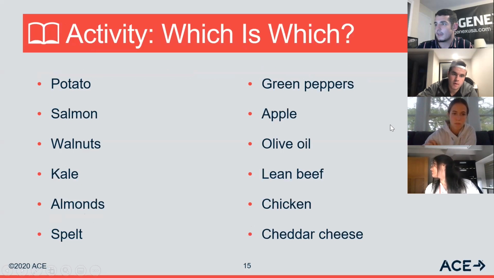Salmon. What do we want to call that? And you guys can just shout these out, and I don't care if they're one of the categories that was on the last page. Protein. Yeah, absolutely. Walnuts. Oil. Lipid. The nut. Yeah, so fats.